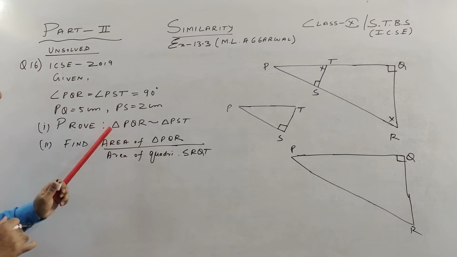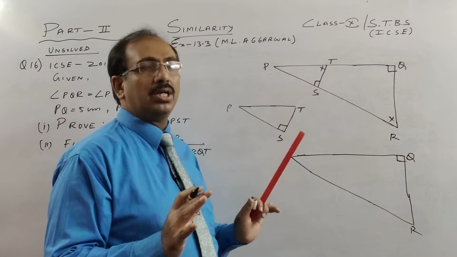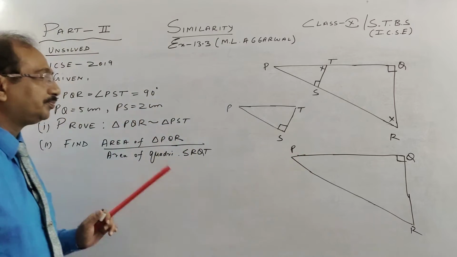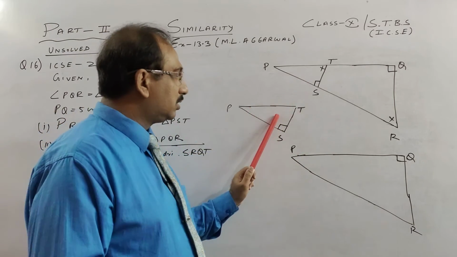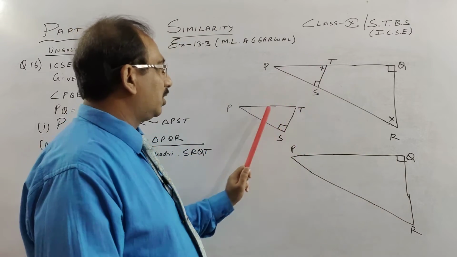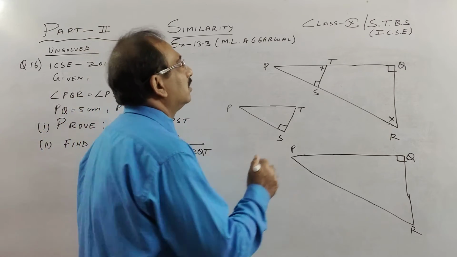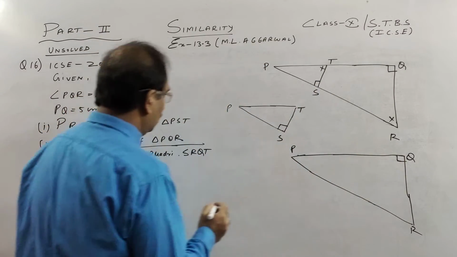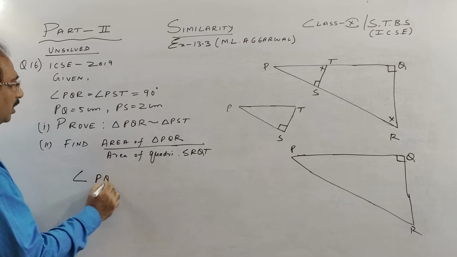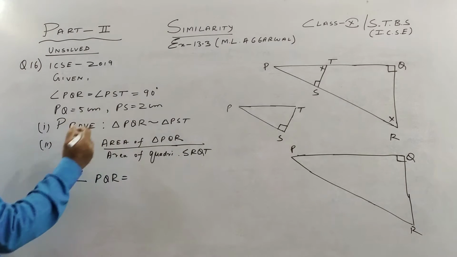So let us first prove that they are similar. Generally what I'll tell you children, you must draw a separate diagram as I have done, especially for beginners when we are doing similarity. So I have drawn the full triangle here and I have drawn the small triangle here. We have to prove them similar. So we have to just prove two angles equal children. So see, this is 90, this is 90. First we should say in which two triangles we want to prove.